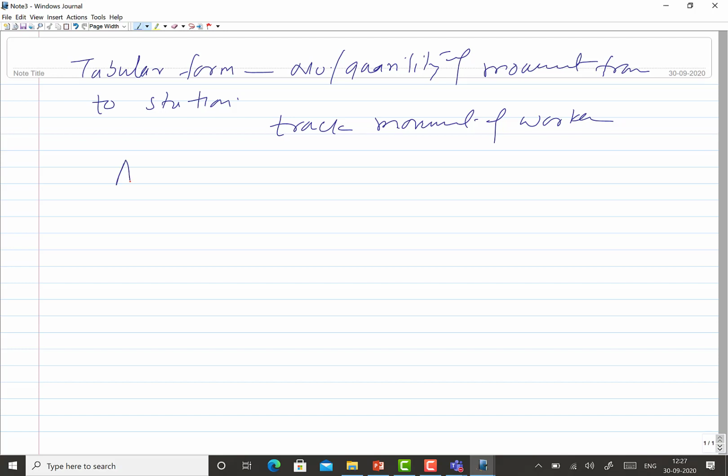Like, he is going from station A to station C 10 times, then station A to station D 2 times, then from station C to B 5 times. There can be so many movements and so many stations. If all are recorded, it can be identified whether there is any possibility of bringing these stations close to each other.